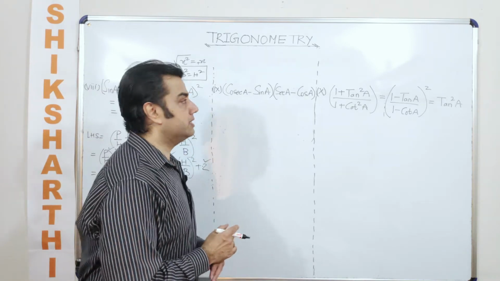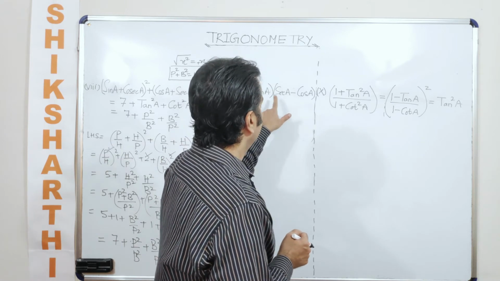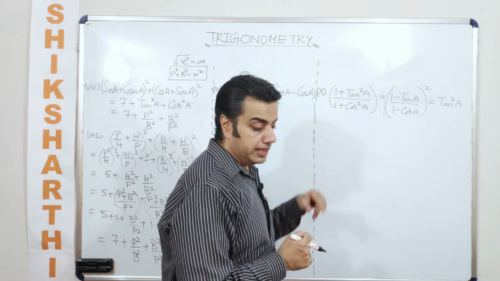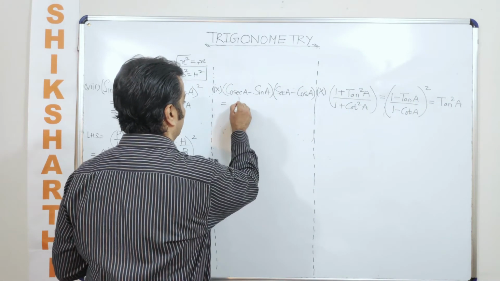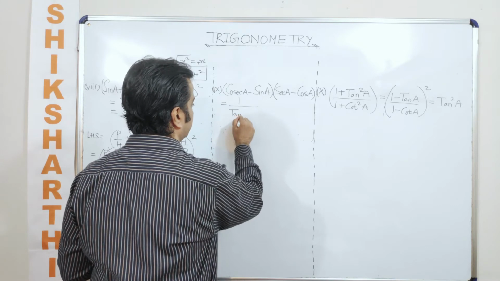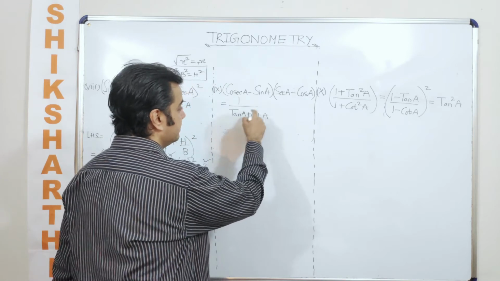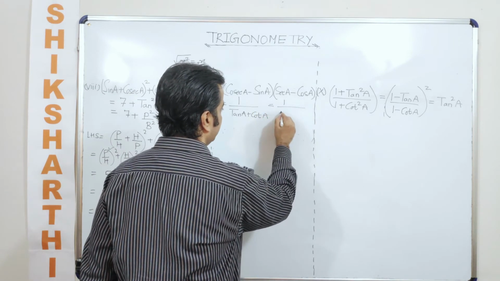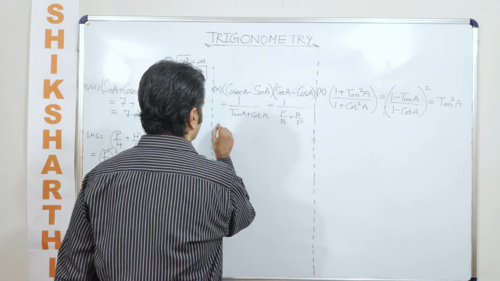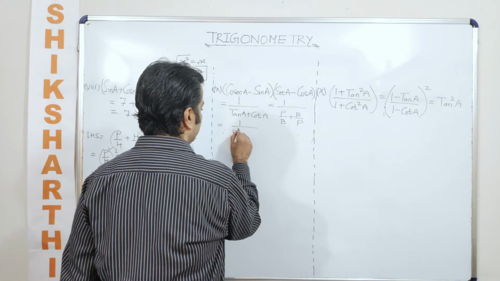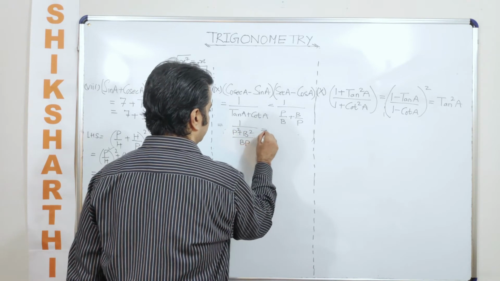Okay, talking about question number 9. Question number 9 says (cosec a minus sin a) into (sec a minus cos a) is equal to 1 divided by tan a plus cot a. Now I feel that the lesser complex term is on the right hand side. So can we say this is nothing but 1 divided by p by b plus b by p, which can further be written as 1 divided by (p square plus b square) divided by bp using Pythagoras theorem.